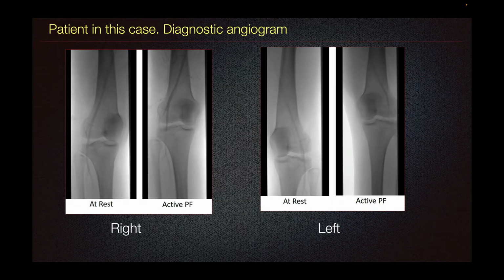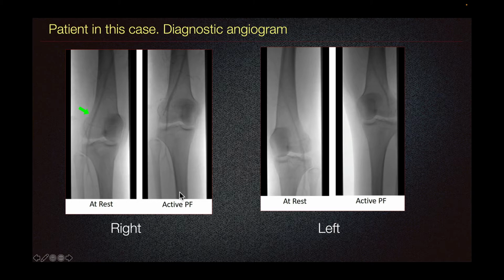The patient also underwent diagnostic angiogram. Diagnostic angiogram has been the modality used for a long time for diagnosis of popliteal artery entrapment. However, it cannot show the soft tissue structures leading to the occlusion of the artery and cannot identify the underlying cause, such as, for instance, in this patient, we have this right lower extremity showing widely patent popliteal artery at